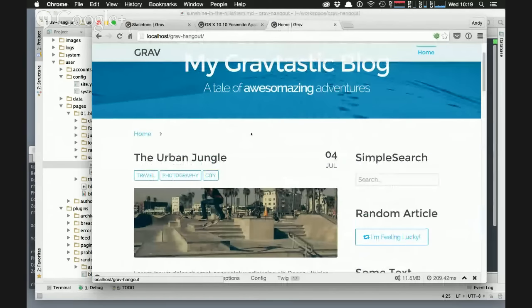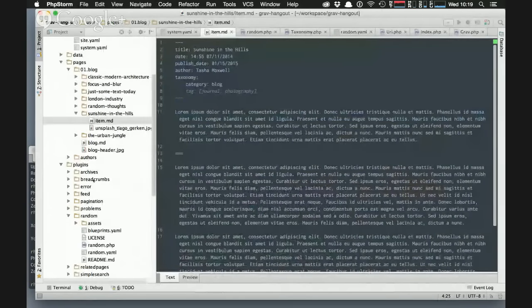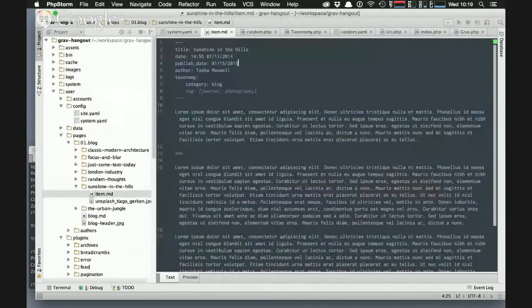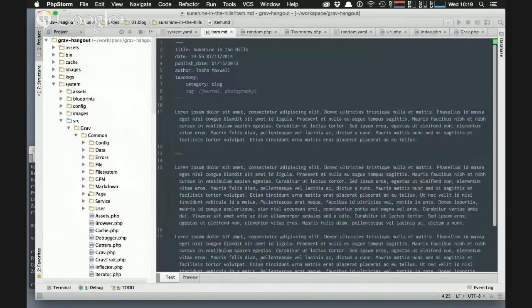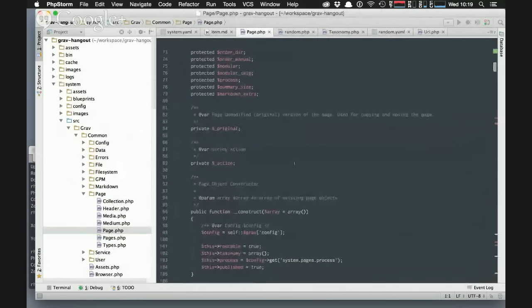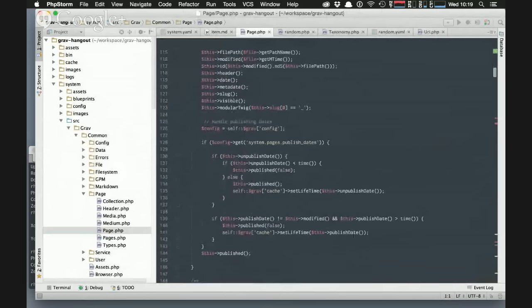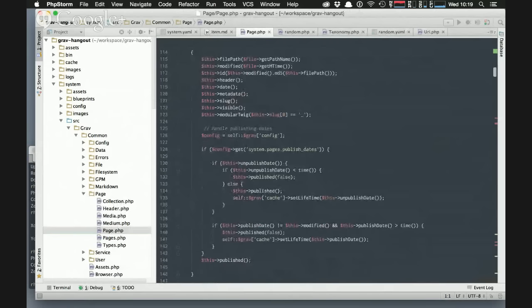So if I wanted to debug how that process worked, I could go into the system folder, which is where all the core Grav stuff is. And if I go into common page object, this is the main object within Grav that's handling a lot of things. So the init function inside of here has this set of checks for how the publishing dates are handled. So if I want to set a breakpoint there to see how this page is handled, I turn on debugging,